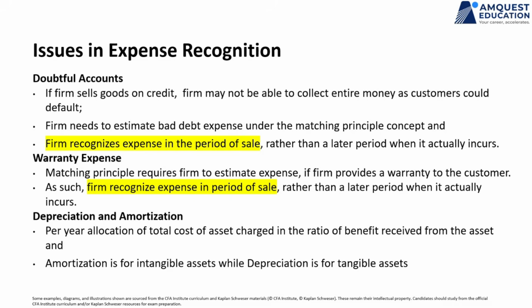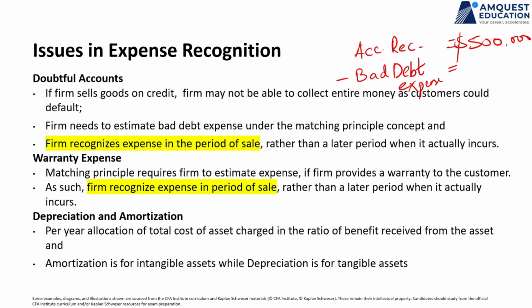So if you have accounts receivable, you have to collect $500,000 from customers. But then you believe that some customers will not pay. So you will record a bad debt expense of $100,000, which I think is not going to come back. And accounts receivable net is only